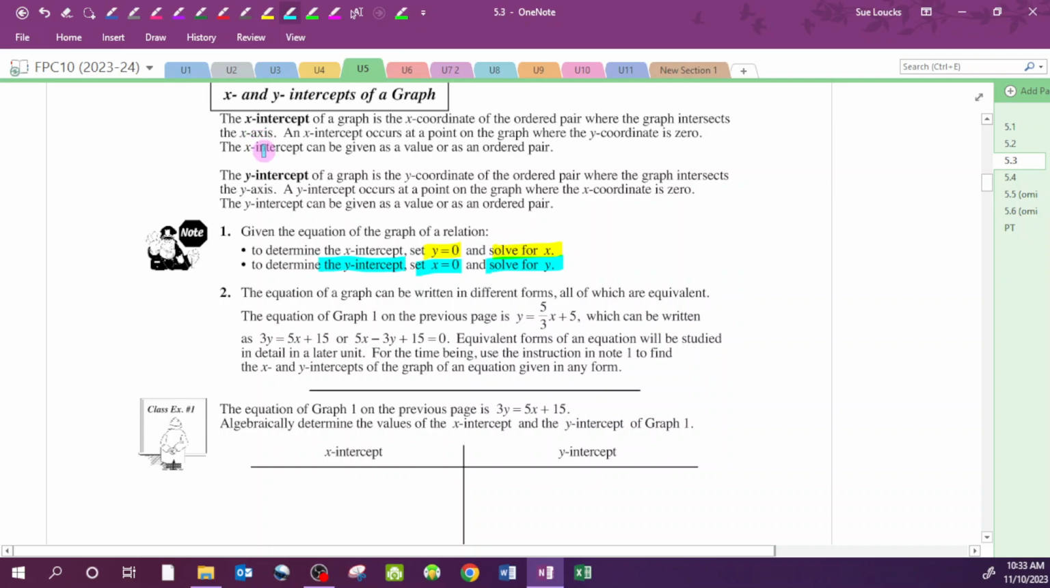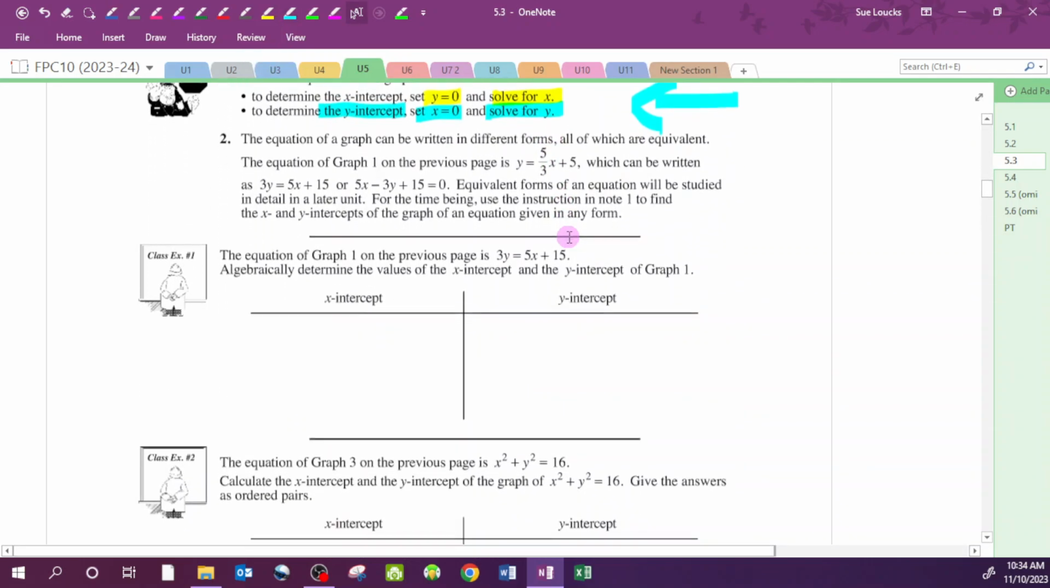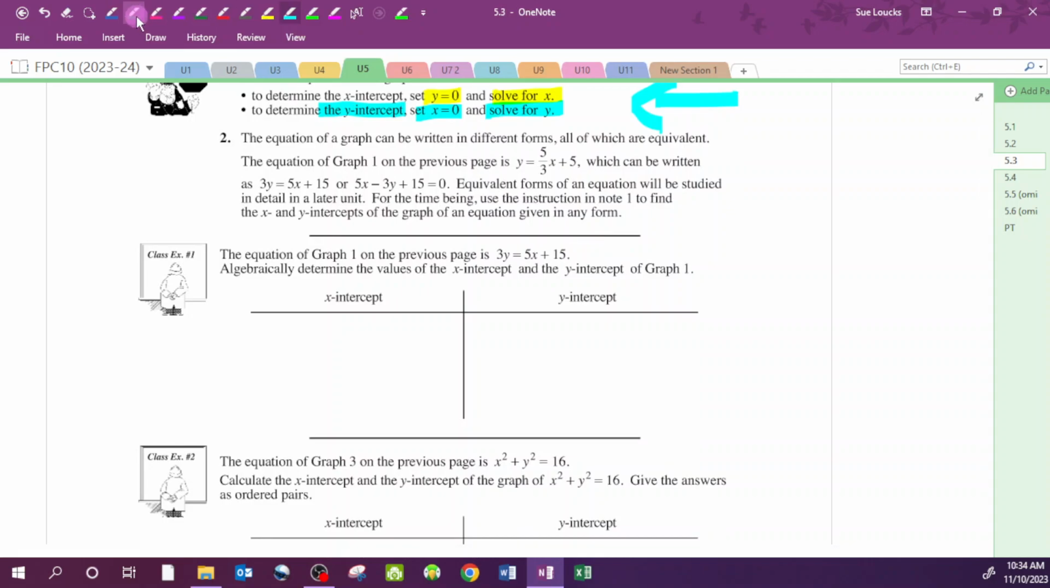Okay. The equation of a graph can be written in different forms that are equivalent. There are 3 forms that we're going to look at this year, and we'll look at those later. But for now, you can find the intercepts by using these directions here for any equation. Okay. So let's do this algebraically